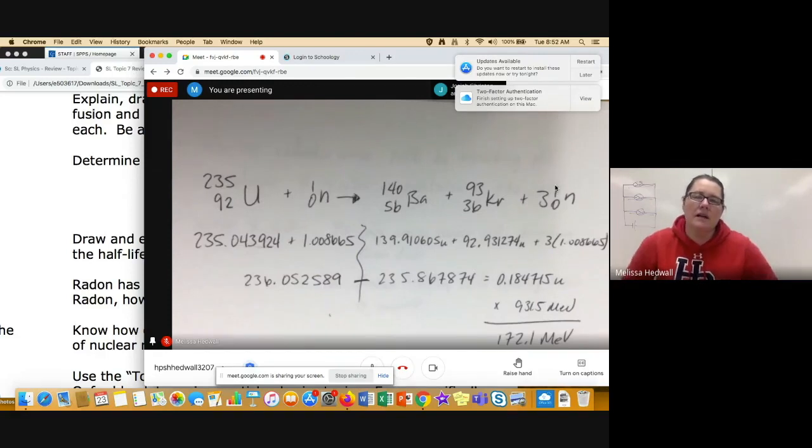And so when you're calculating energy for a fission reaction, you have the mass of the U-235 and the mass of the neutron, and that gives us that 236 number. And then the separate pieces afterward, you have your barium-140, whose mass is below it, the krypton-93, whose mass is below that, and then 3 neutrons being released. When you add up those 3 numbers, you have 235.867874. And so the mass has gone down, which means that some energy has been